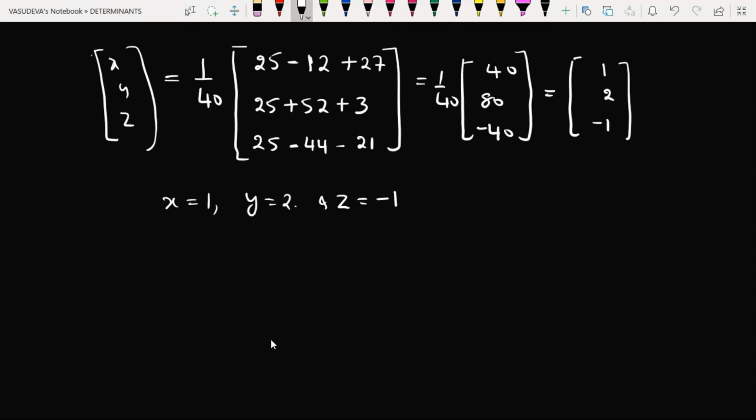Using the matrix method, there is another method that is called Cramer's rule, that is not included in our syllabus. So that's also very easy using the determinant concept. So here we did not deal with the inconsistent solution, that is when the system of linear equations have infinitely many solutions, that is not in the syllabus. So here we have taken only the system of equations having unique solutions.